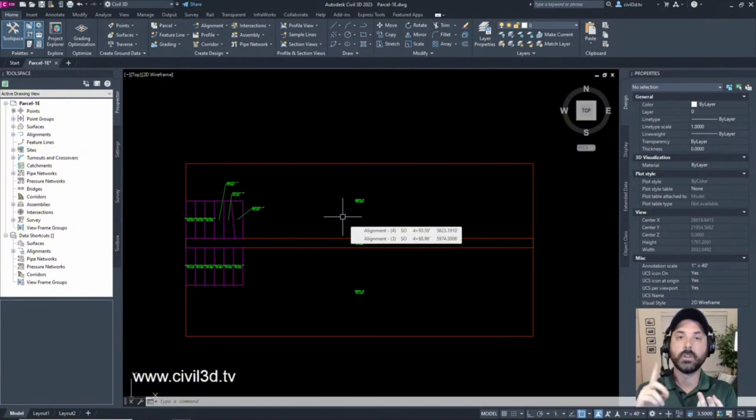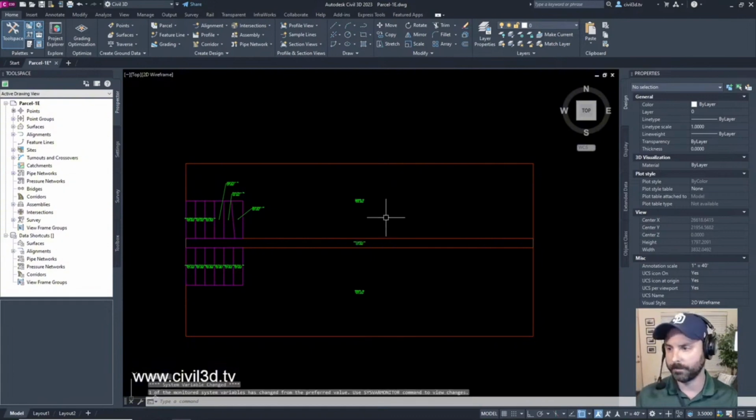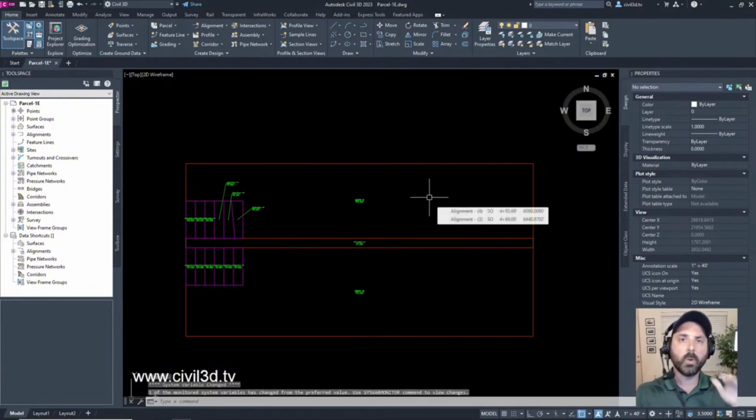They're dealing with trying to get their seal. They're dealing with trying to learn the program of Civil 3D the best that they can. You're dealing with a lot of different components when it comes to civil engineering, and you like to be able to have a life outside of civil engineering, right?